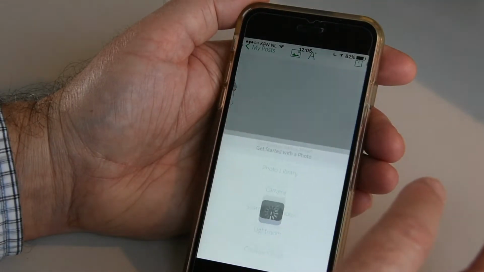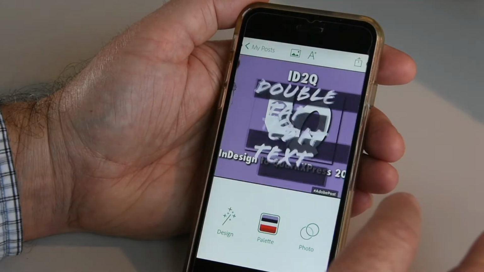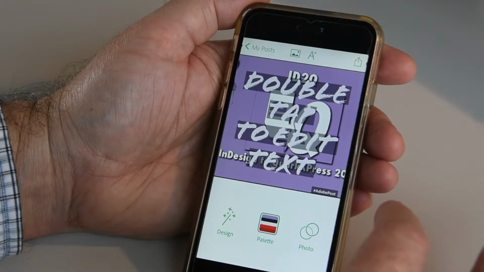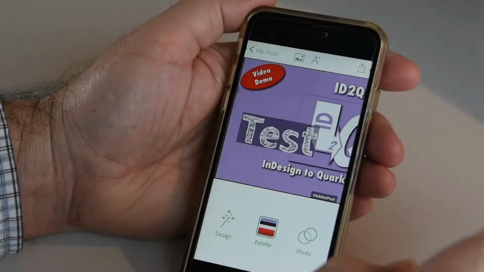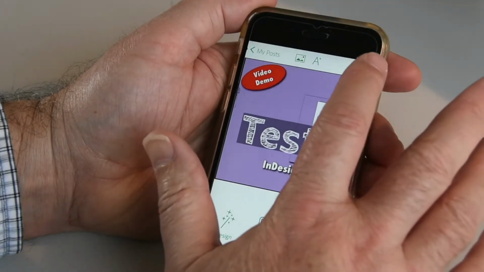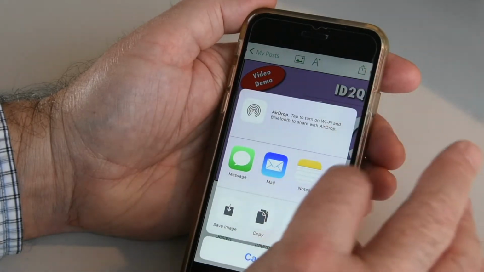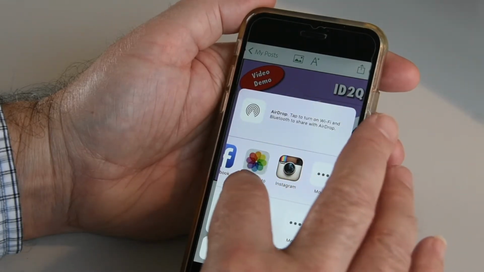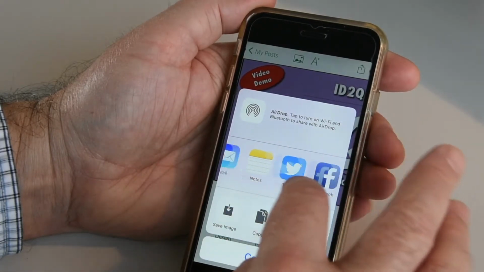I can click open, and I can now add text or do whatever it might be. So now we're done with that one, and we can share on all these different possibilities here.